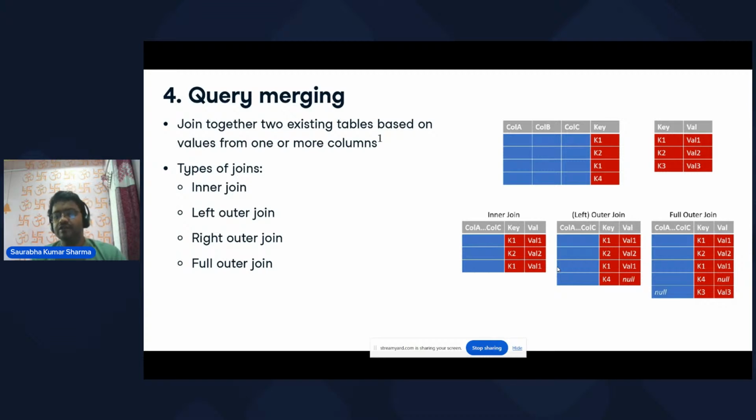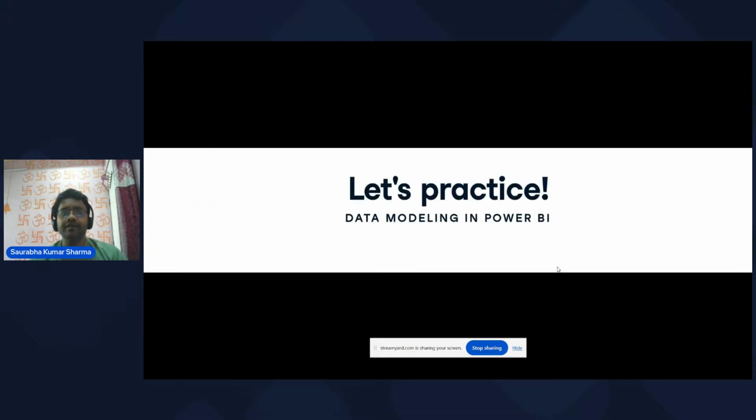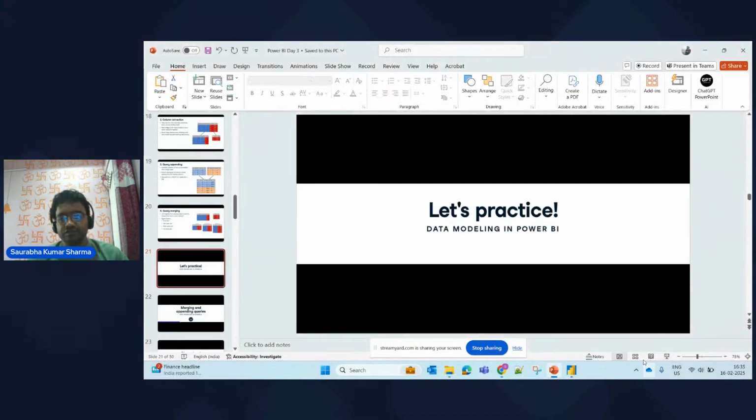Full outer join means key 1 value 1, key 2 value 2, key 1 value 1, key 4 null, key 3 value 3, right? So remember, whatever join you are doing, inner join will give you only limited data, left join will give you data based on your left table, full outer will be giving you whole data combined. So in the full outer join, most of the cases, it will give you some duplicate data as well, right? So let's practice this first, and then